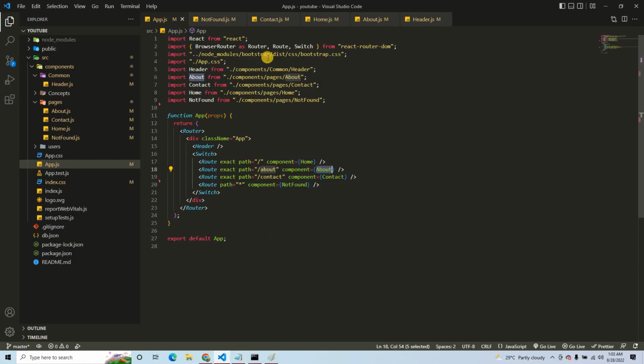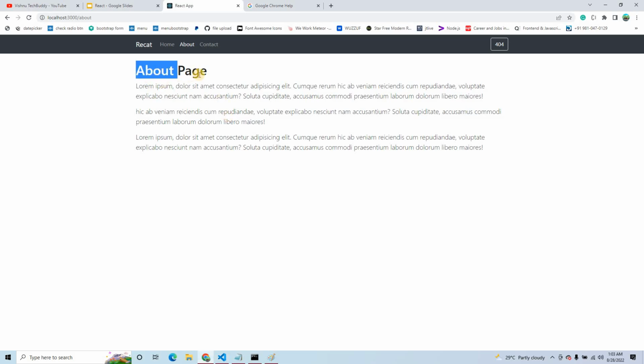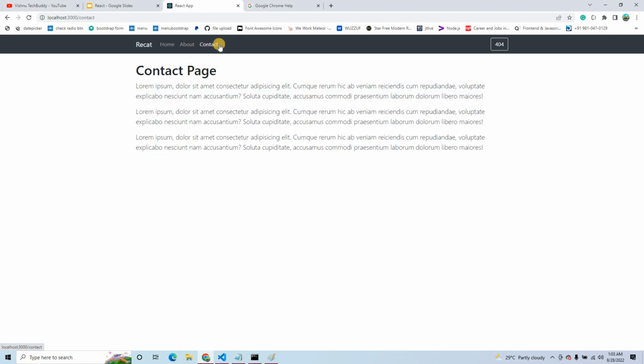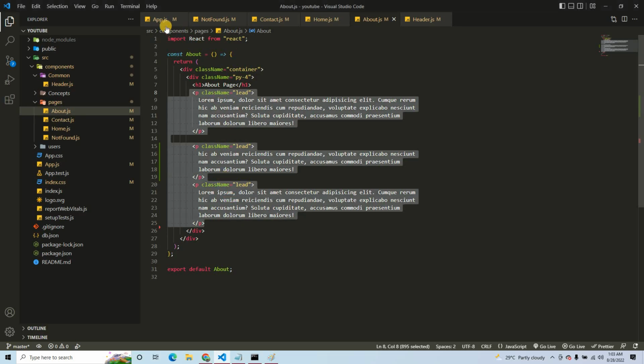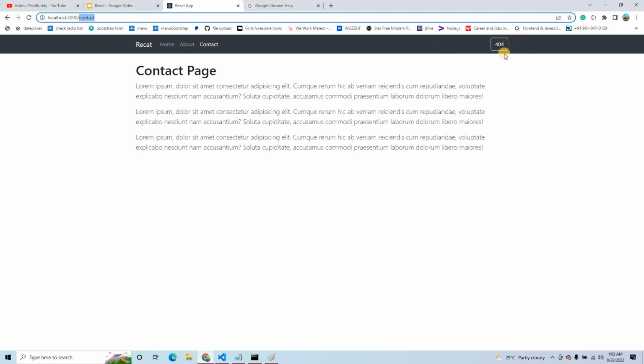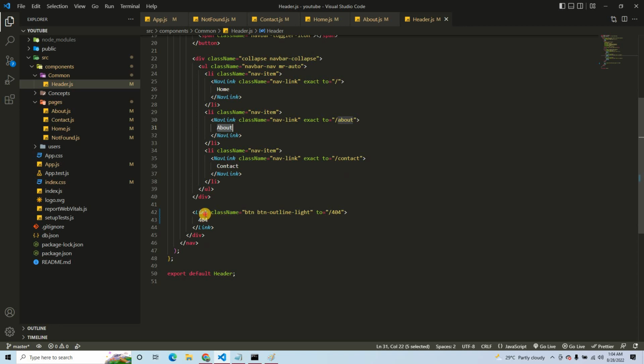So what are we writing inside the about component? We are just putting the about page and some lorem ipsum content. So about page, and then we are displaying this lorem ipsum text. And when I click this contact page, the URL is contact and we are displaying a contact component here. And third thing, when I click this 404, this is the fourth navigation. So when I click on this 404, the URL is 404, and inside our React